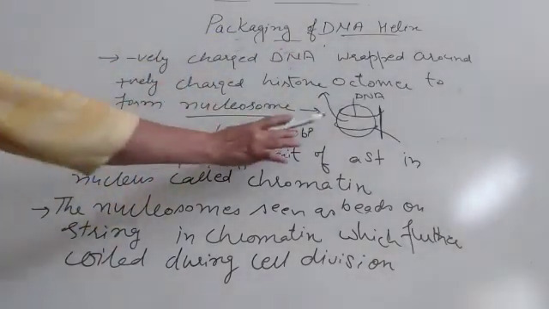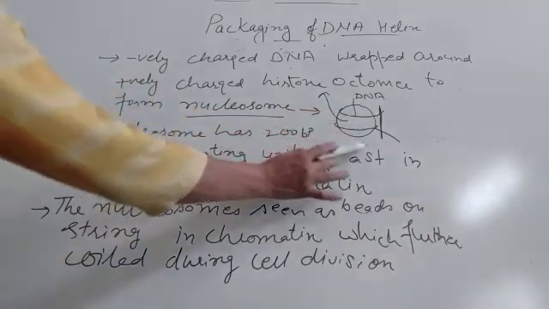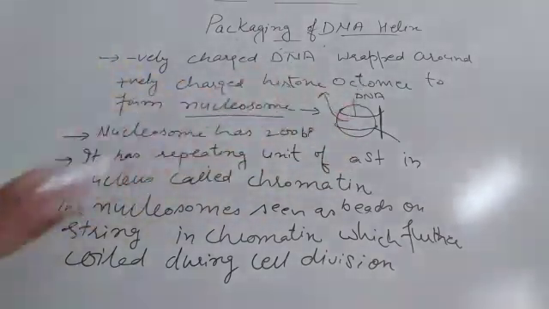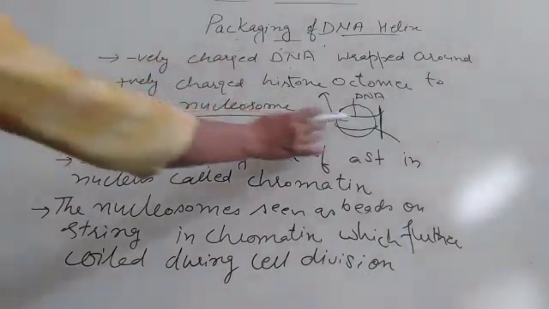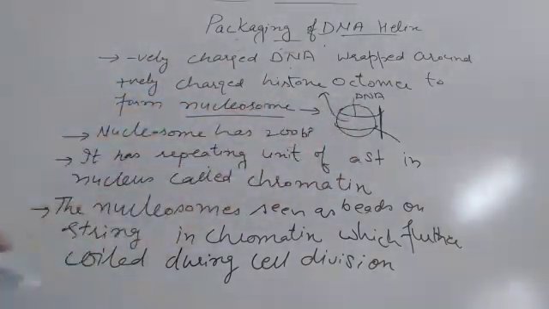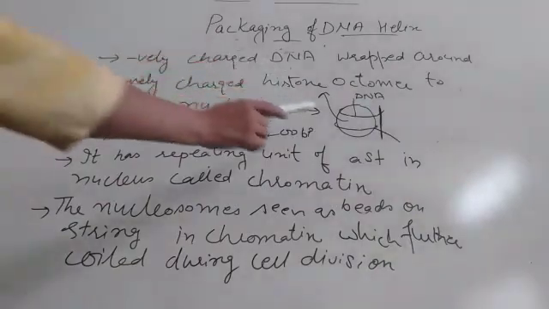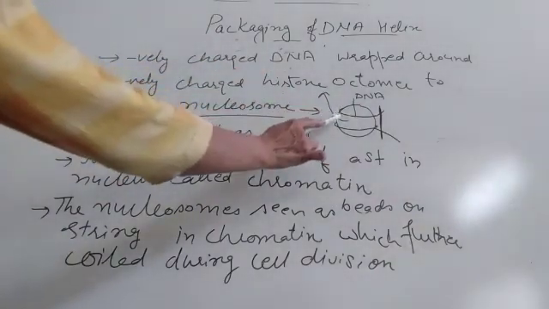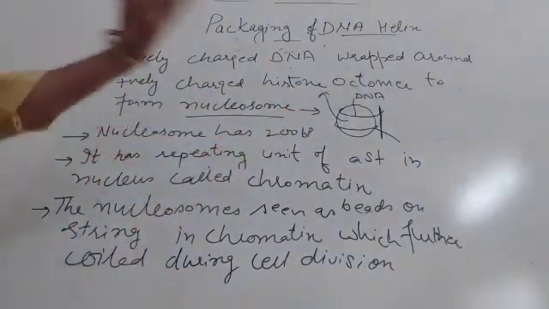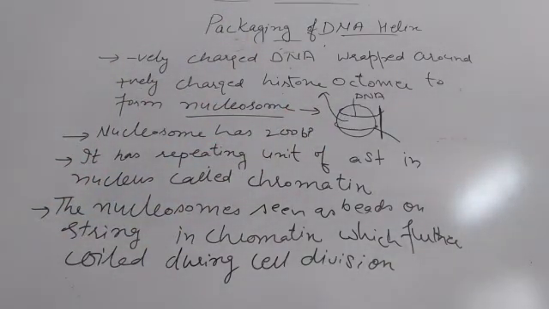Clear? I have drawn this diagram also. This round ball like structure, it is histone octamer, right? जो 8 मॉलिक्यूल्स हिस्टोन के मिलके एक यूनिट बना रहे हैं, this is that unit. This is one of that unit, histone octamer. Clear? So on this histone octamer, the negatively charged DNA, you can find that DNA is wrapped. जैसे एक बॉल के ऊपर आप धागा रैप करते हो, क्लियर? जैसे कागज का बॉल बना के आप धागा रैप करते हो, so it is just like that.